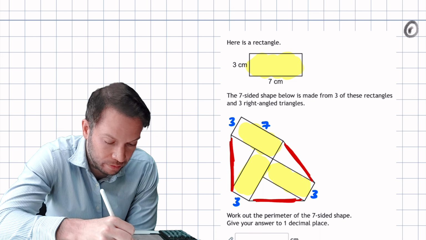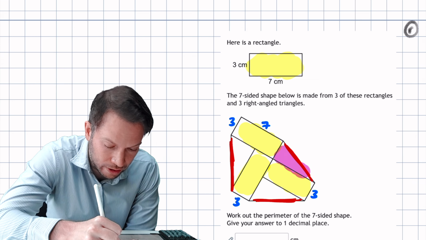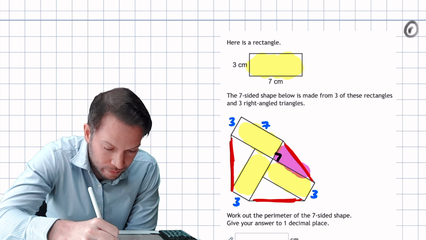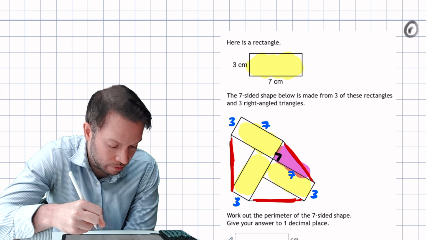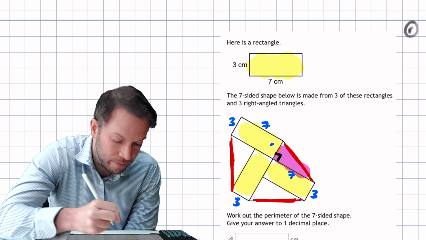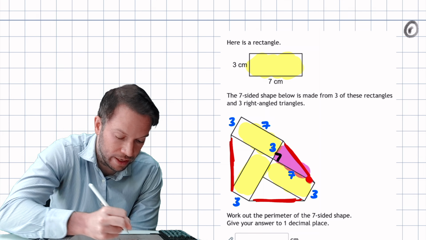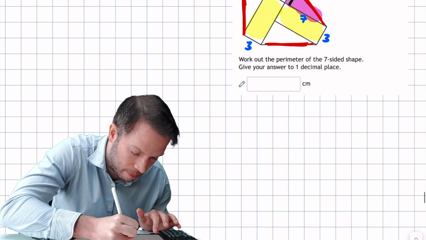Now, what we could do is if we just look at this triangle here, for example, that's a right angle triangle. And we know, because this is 7, which is one of the lengths of the yellow rectangle, and we know this is 3, we could use Pythagoras' theorem on this triangle to work out that red length. So if we just draw this out down here,